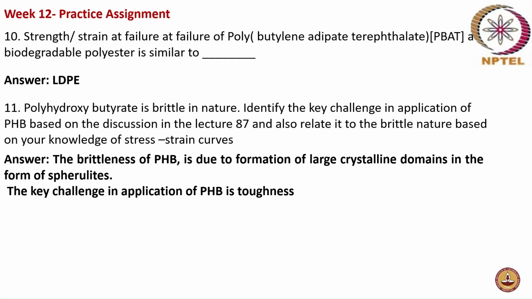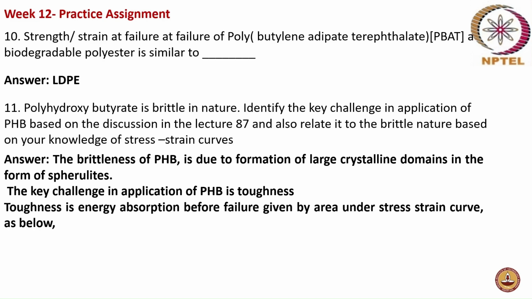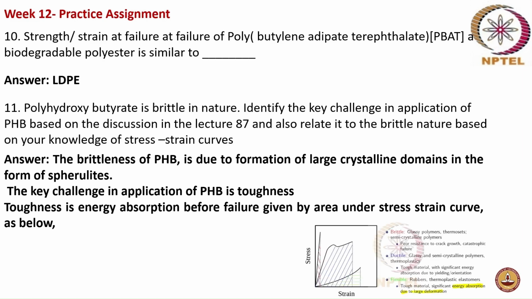So, how do you relate the brittle nature and the toughness? Toughness is nothing but energy absorbed before failure, and it is given by the area under the stress strain curve. And you can just observe the toughness and area under the stress strain curve for brittle, ductile, and flexible polymer. If you look into the curve in general, for a brittle polymer, the area under the stress strain curve is very small. That means the toughness of the material is very less, and this is a key challenge associated. Since the toughness, or energy absorption before failure, is very less,